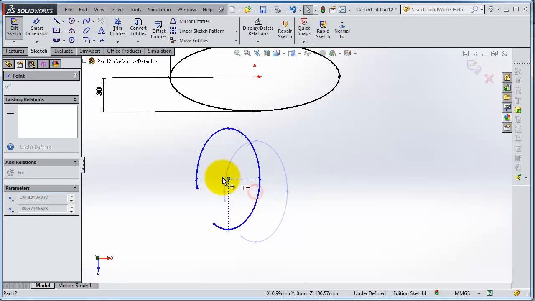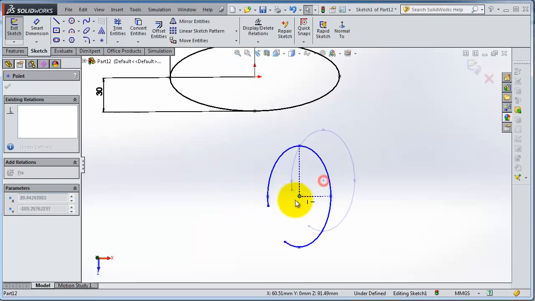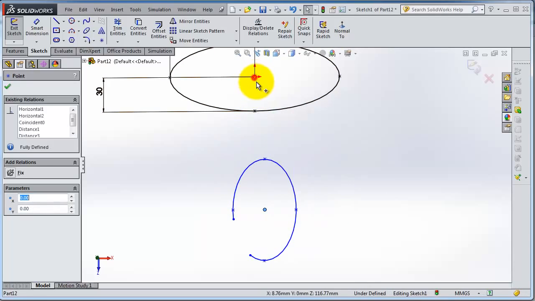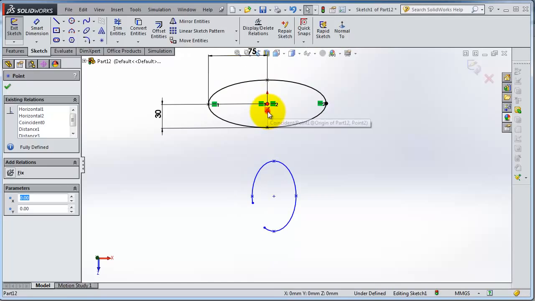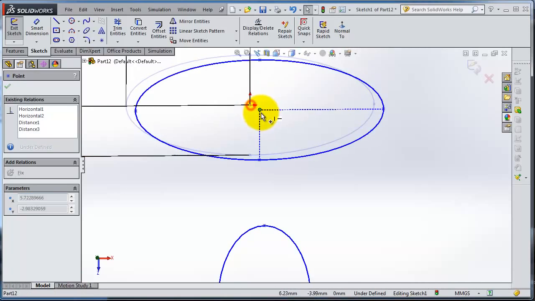So you are able to move your sketch if you click on that, but in this ellipse you are not able to move it because you have a midpoint and the horizontal, or you have this intersection relation or coincident with the origin. If you click that and delete it, your sketch ellipse is undefined and you are able to